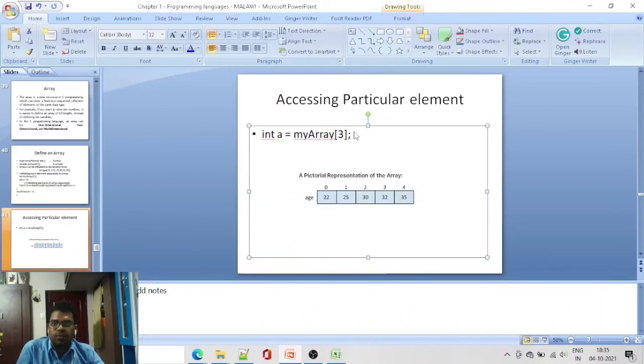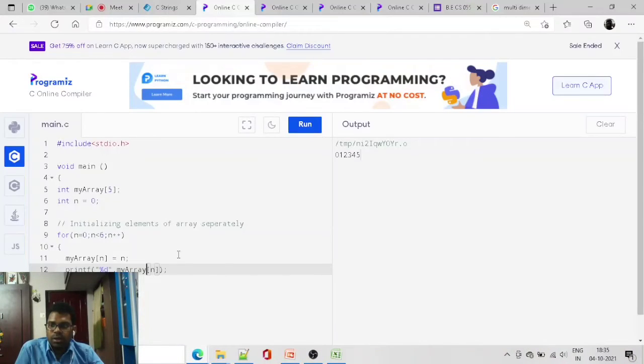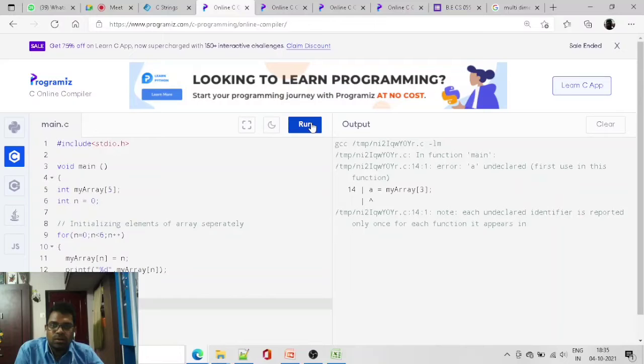But if you use this particular line in your code, I am copying from here and placing it over here, and I delete this one, and then I need to give a print statement to represent A. It says undeclared identifier.